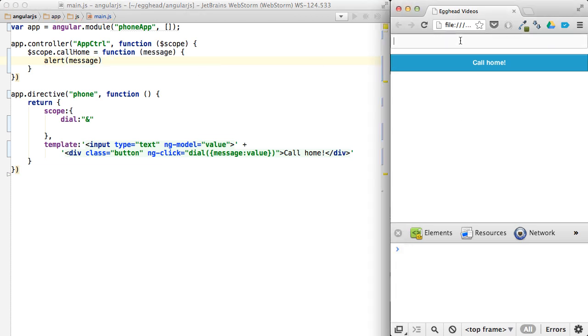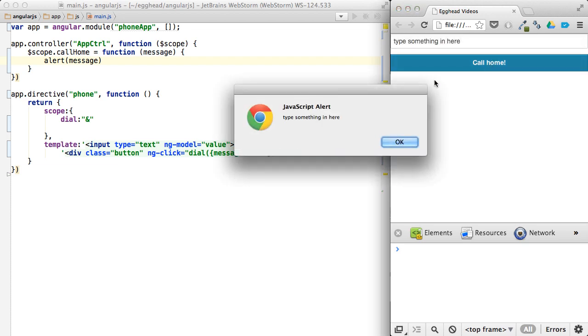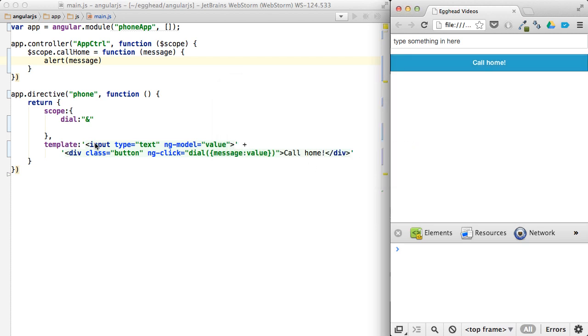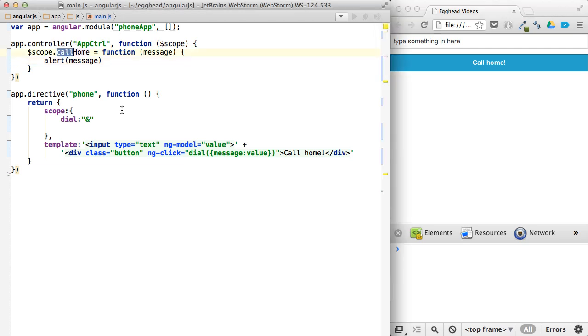So now if I type something in here, click call home, you can see you can send the message from the phone to the controller and have basically no relationship between the two. This call home is basically an API to the controller, or things it can access or know about, for the directive to communicate outside of itself,